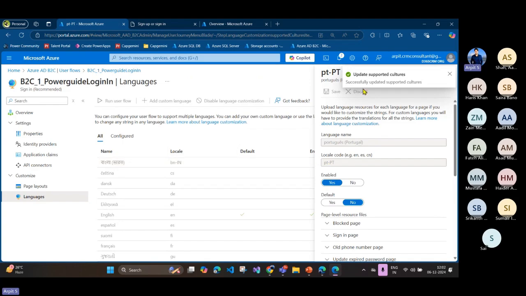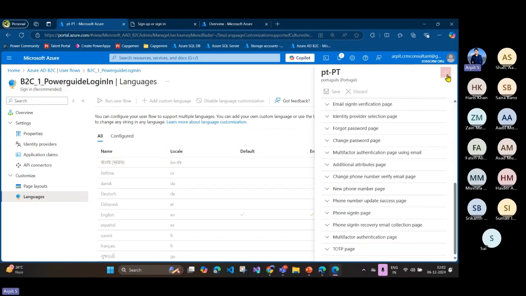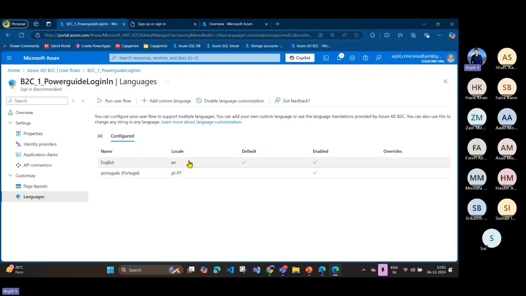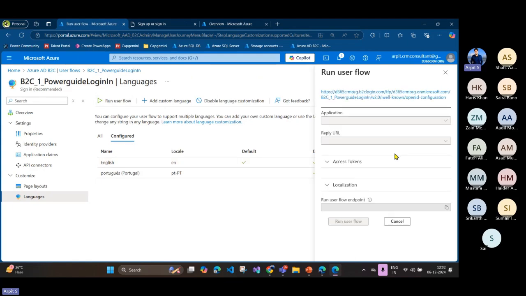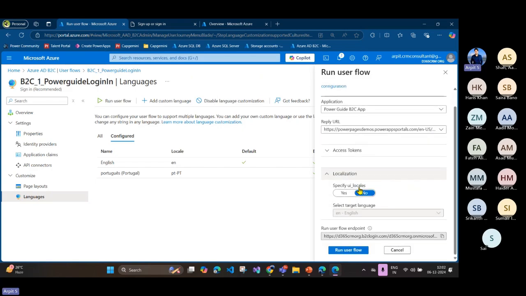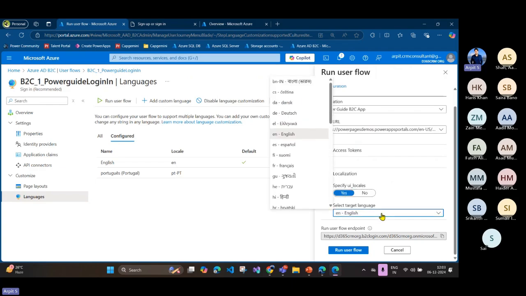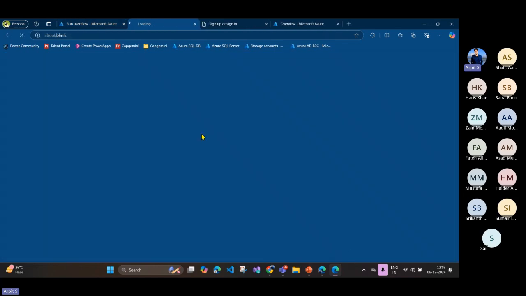Once I do that, okay, this language has been saved. If you go to the configured, you can see two languages have been enabled and English is the default one. So once you run the user flow and click on the localization, you see here a special parameter got added called UI locales, right? And if you want to include that parameter in your URL, click yes. And here you need to select that language. So if you select English and run the user flow,